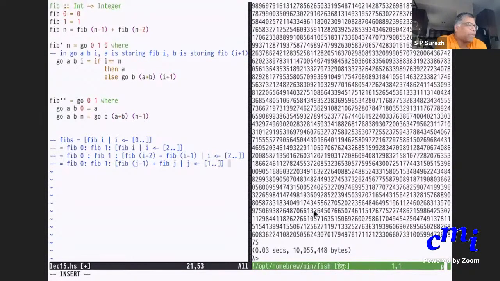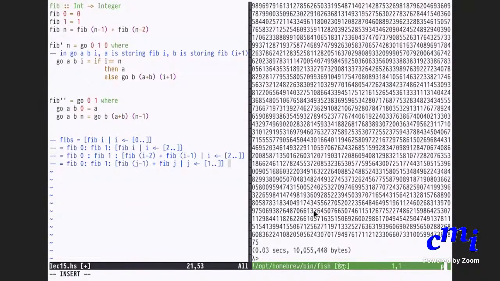I can do this, right? I'm just shifting the indices 1 down. Then i minus 2 will become, j is actually i minus 1, so i minus 2 will become j minus 1, and so on.